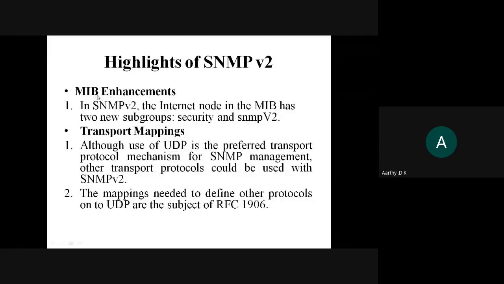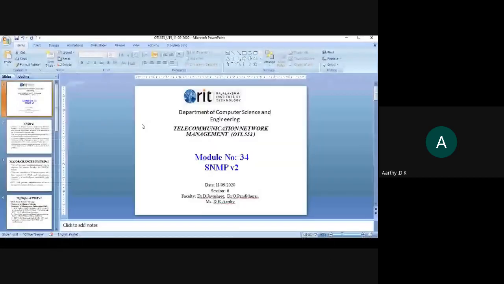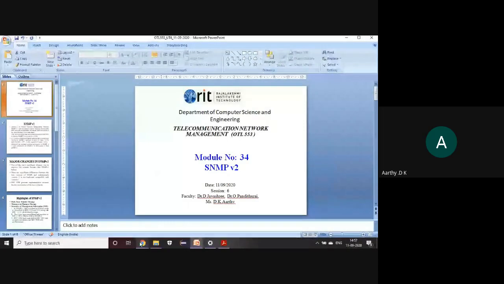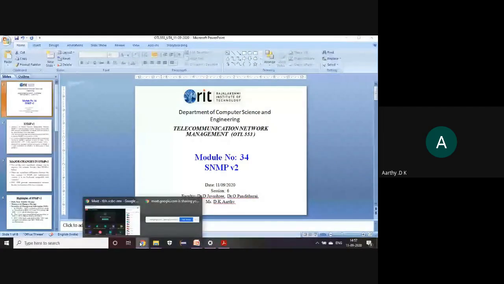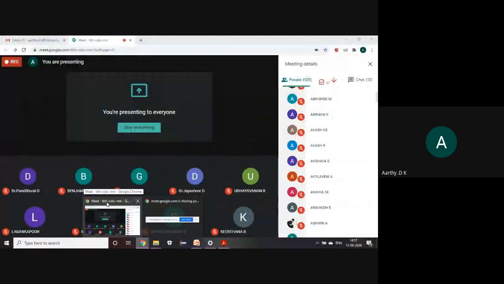Next one is MIB. In MIB, we had the feature of security that can be done. How it does this is with the help of UDP. Okay, it doesn't follow TCP/IP. It follows the UDP protocol to transfer your data. So these are the different highlights that we have in version 2, or you can say the major differences between version 1 and version 2.